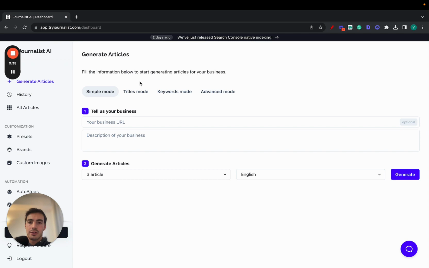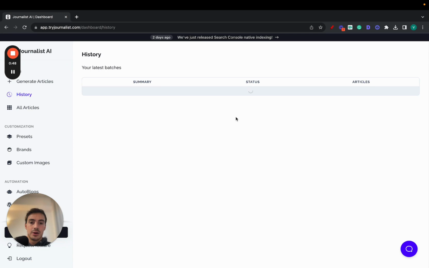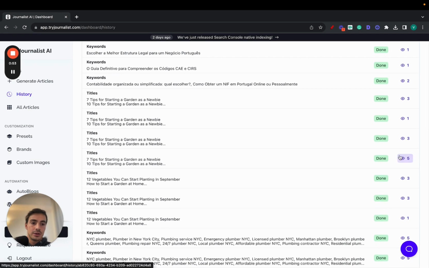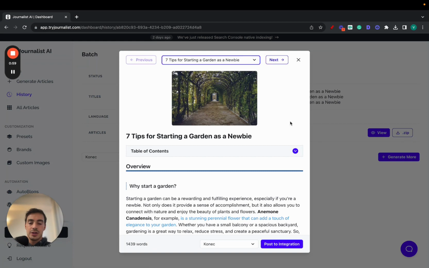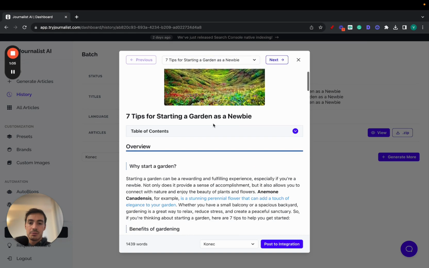And you can see right off the bat that we have 4 generation modes. Now, before I even show you what this can generate, let me show you what this does generate. So going here to the history tab and then going down here and clicking on this little eyeball right here, then the eyeball again. As you can see, Journalist AI generates fully SEO optimized articles with featured images, proper titles,